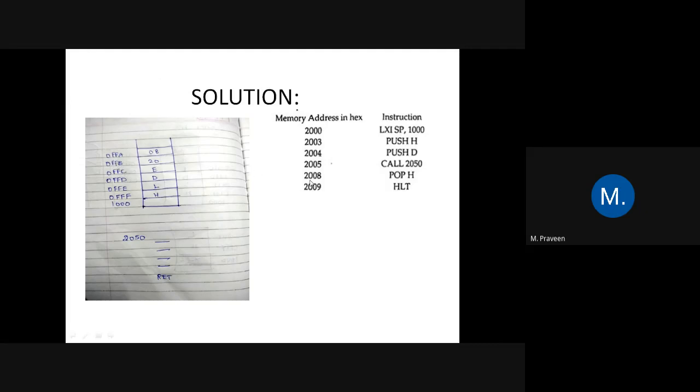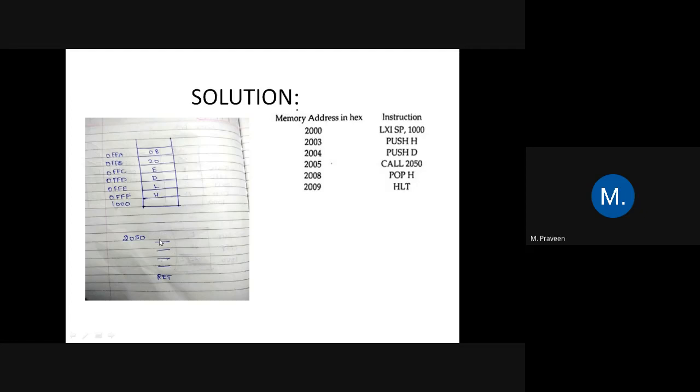So after pushing the old program counter value into the stack, now the new program counter value is going to be 2050. After moving the 2008 to the stack, the program counter is replaced by 2050. Now the program will be skipped from 2005 address to 2050. So this is the 2050 address. Here the instructions are not given in the question, so in 2050 they will have some instructions, and those instructions will be executed.